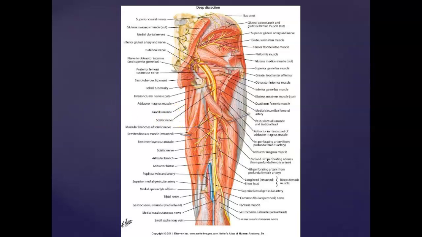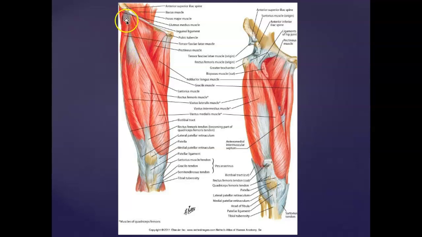If we go back to the front, here you can see a muscle called the tensor fascia lata, not to be confused with the coffee drink from Starbucks, not a latte, it's a lata. This is innervated by the superior gluteal nerve. You'll remember that was the nerve that innervated the gluteus medius and minimus on the backside. It will help to flex the femur, but it attaches from the anterior superior iliac spine, again coming diagonally down